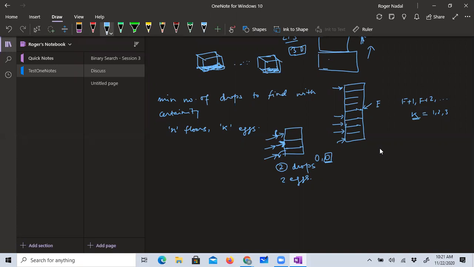Does that make sense, Leon? Yeah, I'm saying if we have only 3 floors and we have an extra egg, it doesn't help, because we can always go from the first one. If it drops and we know that, then we go to the second one. If the second floor doesn't break it, we know the 3rd floor has to break it. Right, but that is why the question is this one. You are optimizing on this